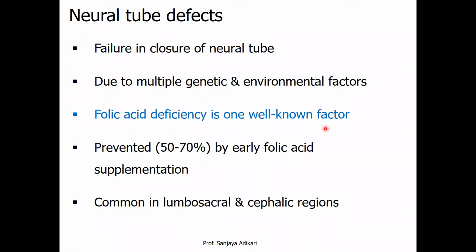But people have done research, and at least they have found one factor that they can actually prevent, which is an environmental factor: folic acid deficiency. Among these factors, you get a large number of mothers who have folic acid deficiency. When they give birth to babies, they get neural tube defects, problems with the closure of the neural tube. Actually, after people started giving folic acid during pregnancy, they could prevent about 50 to 70% of the neural